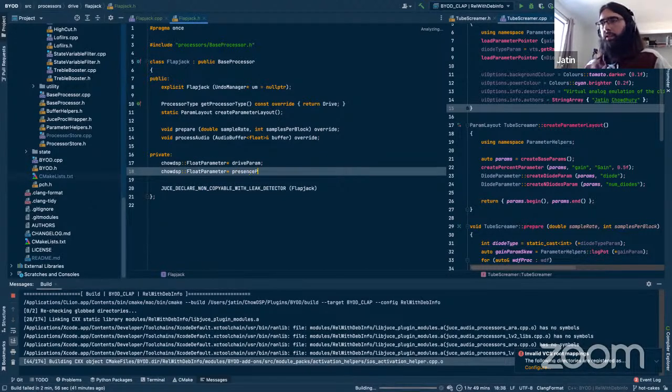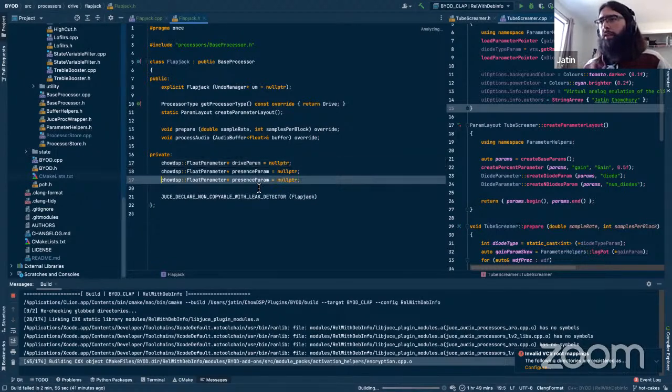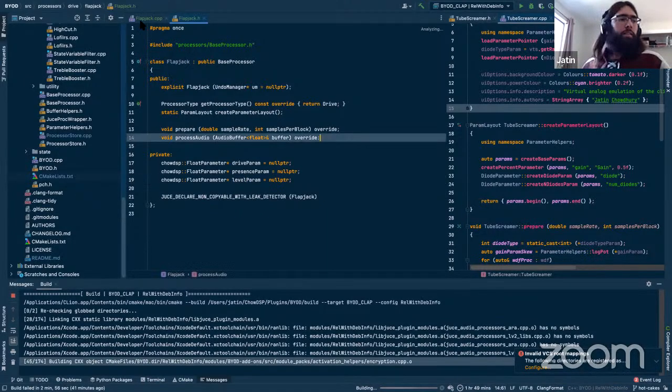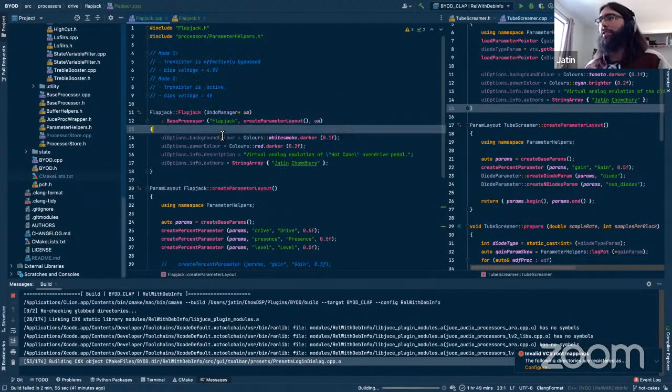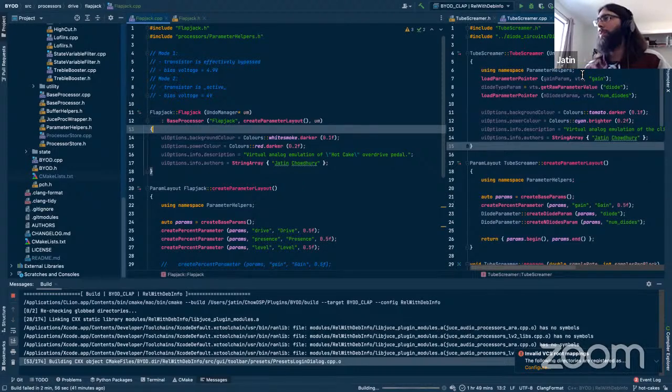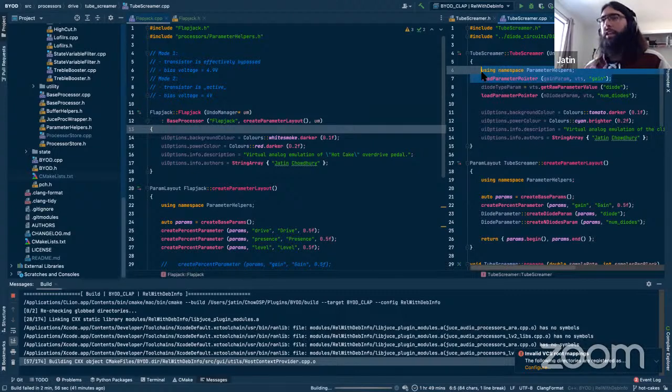Presence, I think I got it right that time. I should set these equal to null pointer. And then finally, we've got our level param. And then, yeah, here in the constructor, we should set our parameters as we would